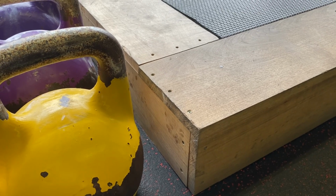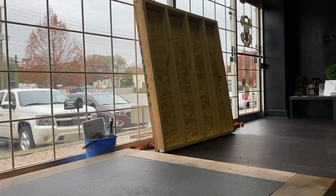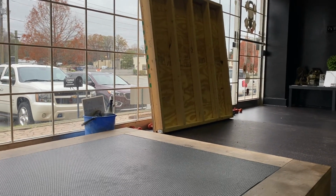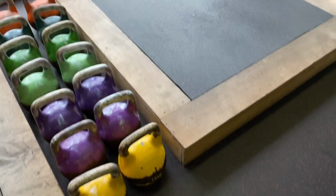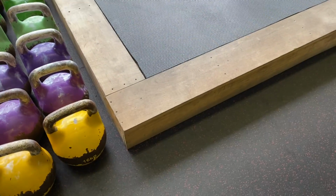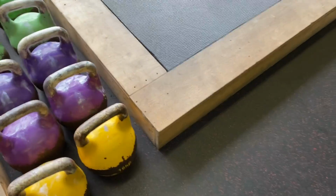One of these platforms costs $300 to make, and that doesn't include that mat. The mat's extra on top of that. It's almost a $400 platform. The 2x4s and the plywood will cost you maybe 50 or 60 bucks. This maple cost me 200. So these are all trimmed out with maple, which makes them insanely heavy. If you trim it with oak or maple, it's gonna be super heavy. If you trim it in pine or poplar, it's a much softer wood. It'll be much lighter, and a hell of a lot cheaper, but